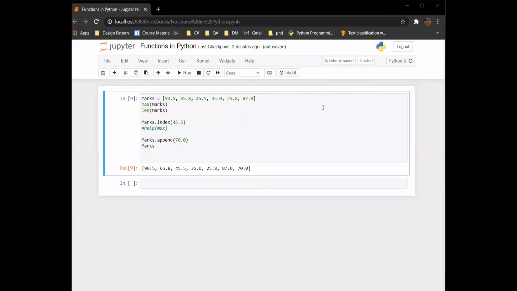So this is how we can call the append method to add a new data value at the end of the list. So this was about some functions, and with the passage of time we will get to learn a lot of functions that are handy in doing some analysis and doing some calculations. You can do the practice exercises, and if there is any problem you can let me know.